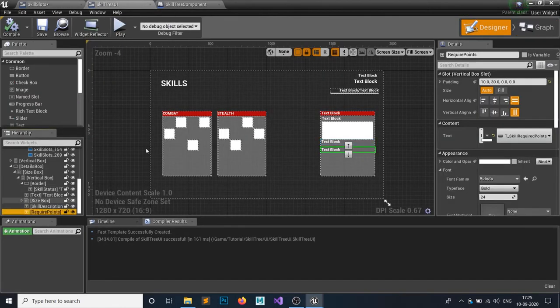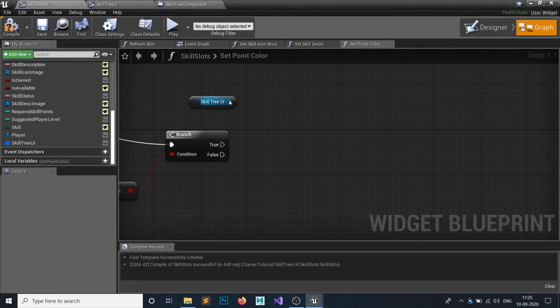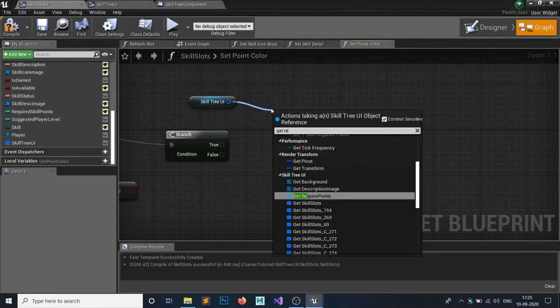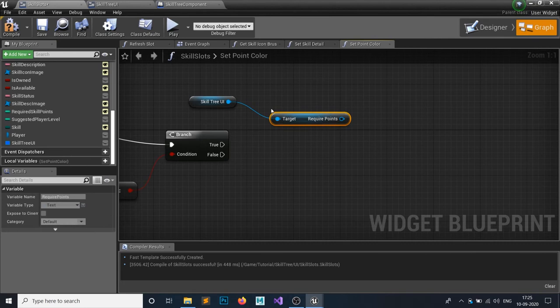Okay, make this require points a variable, otherwise it won't work. Simple mistake. Get require points, and you can see we can now access require points.